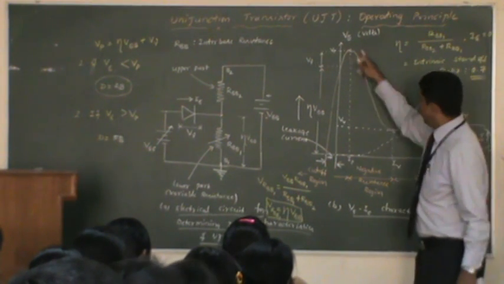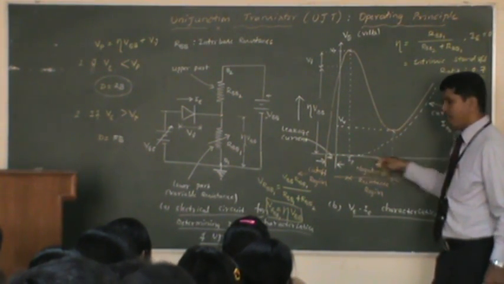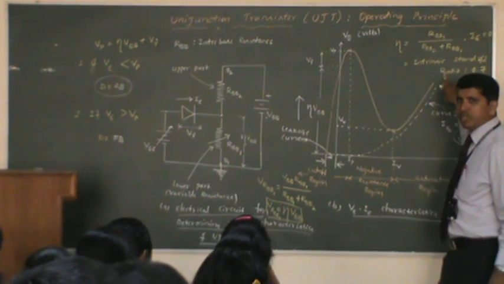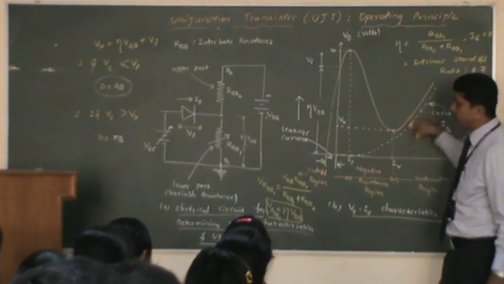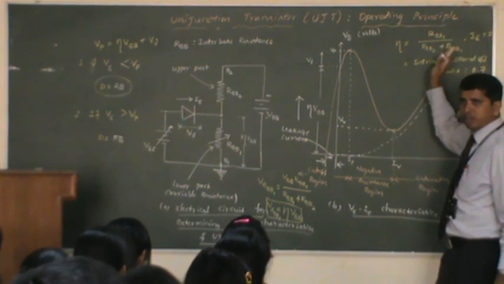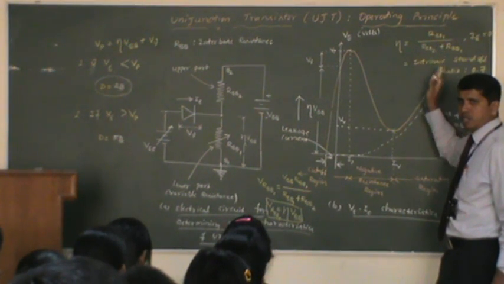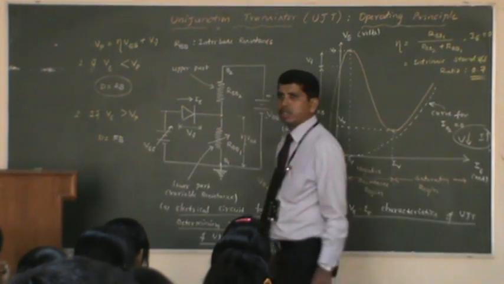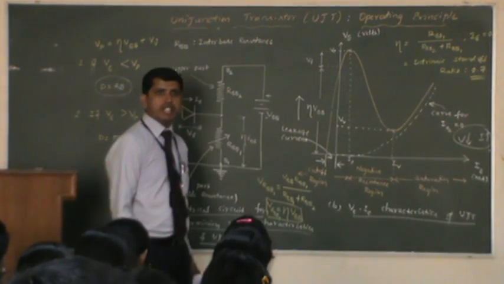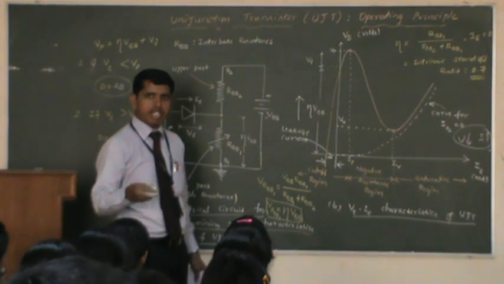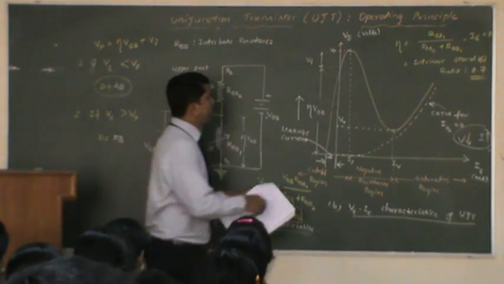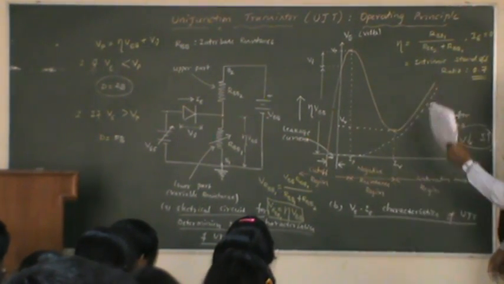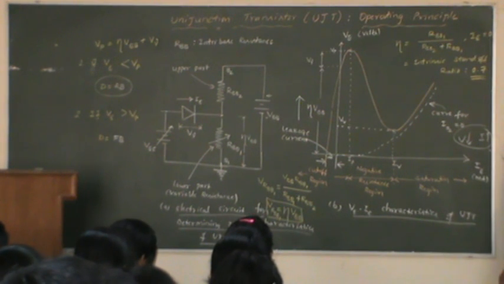It reaches some point here, a bottom point, which is close to the x-axis, and further, if you increase your emitter voltage, the current across the UJT starts increasing, and accordingly voltage also starts increasing, because your curve is moving above. That means voltage is increasing as well as current. It looks almost like a sine wave, not perfectly. If you repeatedly keep on increasing your voltage across UJT, you may get some kind of oscillations like a sine wave. The best application of this unijunction transistor is that it can be used as an oscillator.